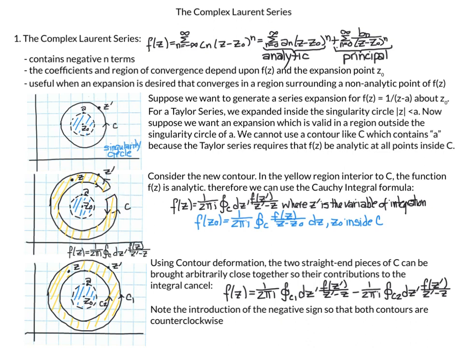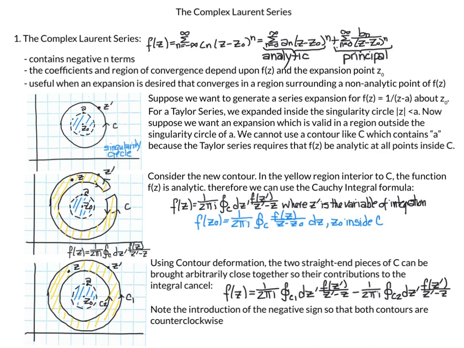And now finally, using contour deformation, the two straight end pieces of C, that's this little piece here and this little piece here, can be brought arbitrarily close together so their contributions cancel because they're in opposite directions, right? Over here, the top straight piece goes outwards from the origin, whereas when we come over here along C, the straight line is going inwards towards the origin. Theoretically, I would have drawn them the same length, and they'd be really arbitrarily close to each other, like this line here, and this would go all the way over here till it almost touched,